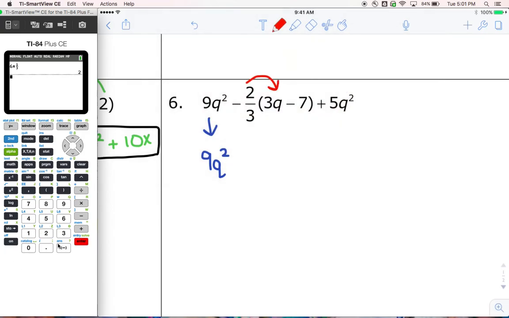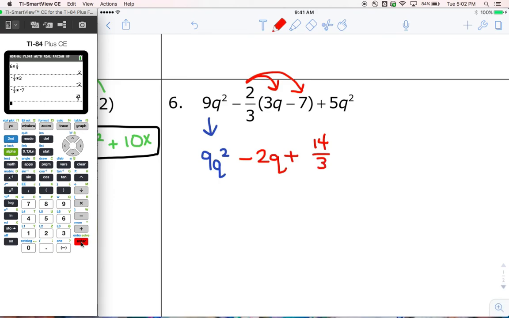So if we want to be sure and confident, we can use our calculator. So alpha y equals, type in 2/3, 2 over 3, and then we're multiplying times 3. Notice I don't even try to put a q or an x in here. I'm just looking at the coefficients. All right, so I've got negative 2q, right? The q came from right here. And then I've got negative 2/3 times negative 7. So I'm going to do second enter, so I can just change this to a negative 7. All right, and that gives me positive